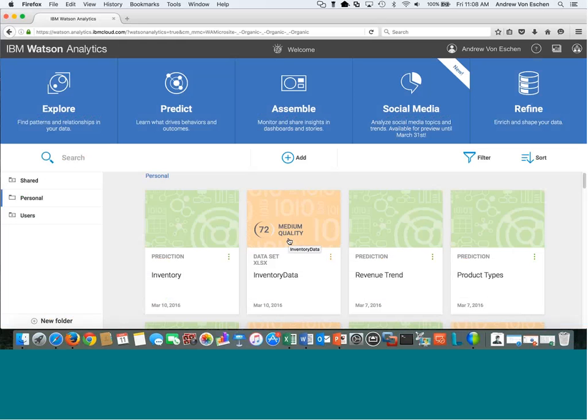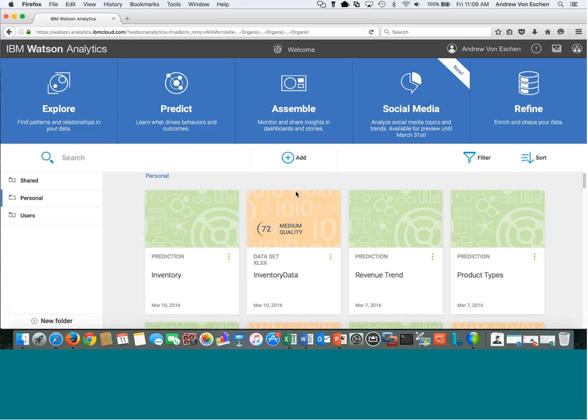The other thing here, you notice as it finished, it kicked out a score. So it's going through and it's scoring that data to tell me, hey, maybe you've got some null values, or you've got a full column that's missing data, or you've got some outliers, right? It's going through that and helping me understand how my data is, what it looks like, and how I can improve it and help refine that.